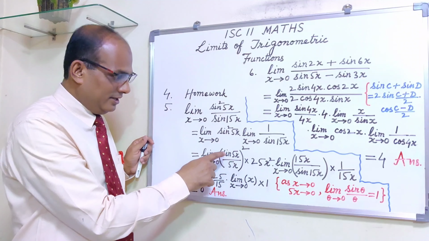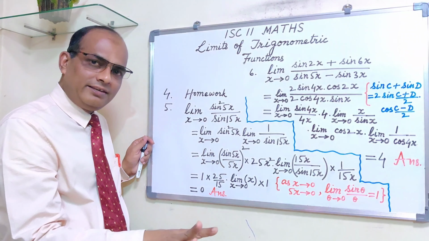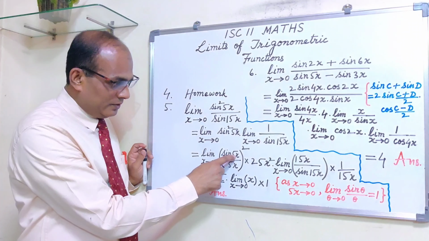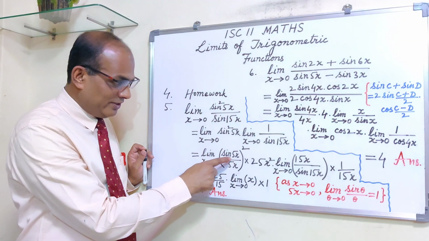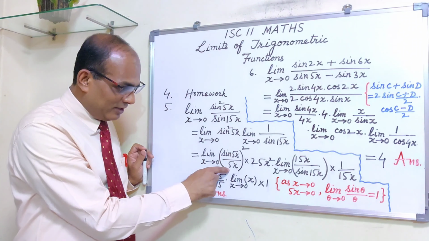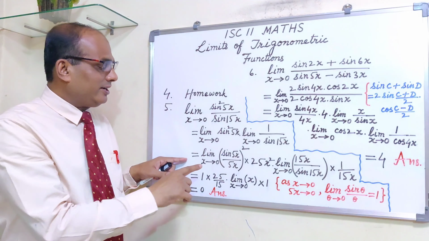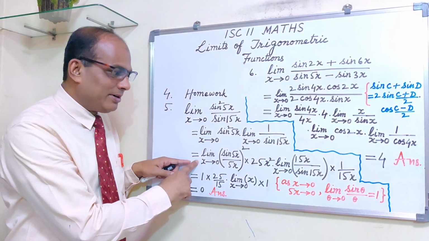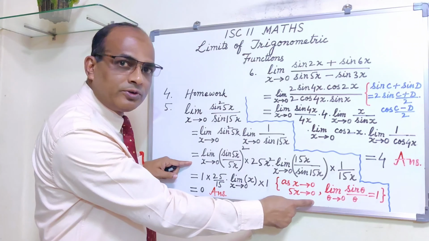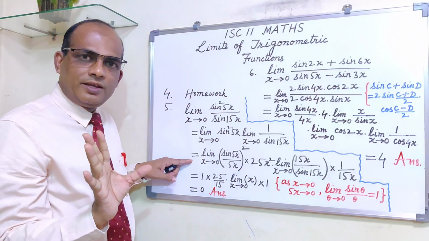Alright, fine. Now see, limit x tending to 0, sine theta upon theta, as I told you, whether it is square or linear, whether it is only sine theta upon theta or sine theta upon theta whole square, in either case it is 1. But this should be theta. What is theta? In our case theta is phi x. So sine phi x, so here also it should be phi x. But it's okay, even if you are not writing phi x here, then please write down here as x approaches 0, phi x also approaches 0. And you need not write phi x here. It goes without saying.